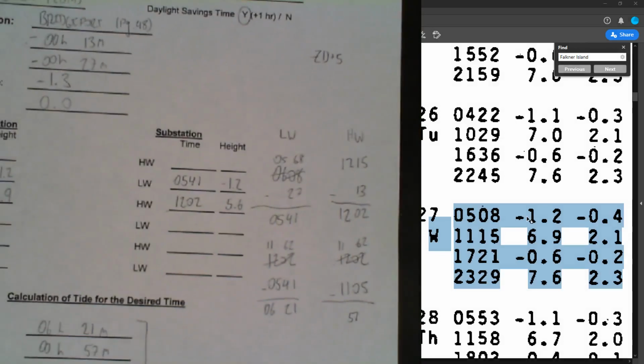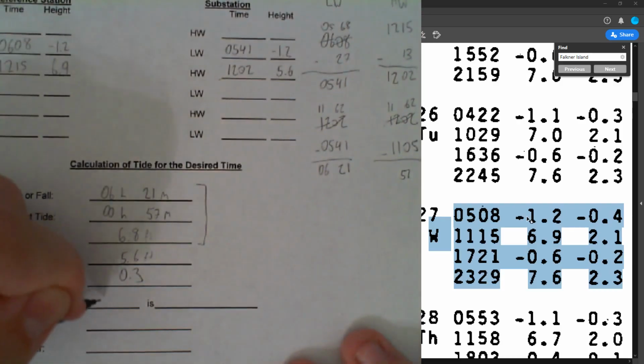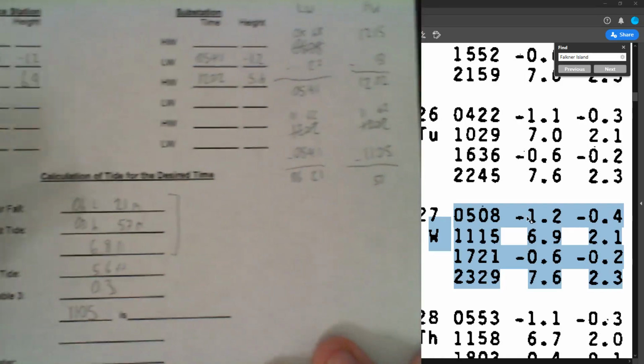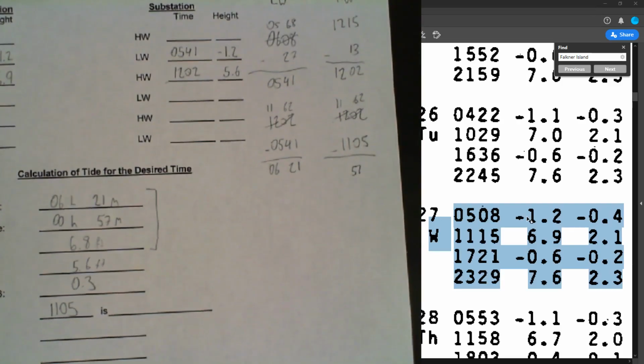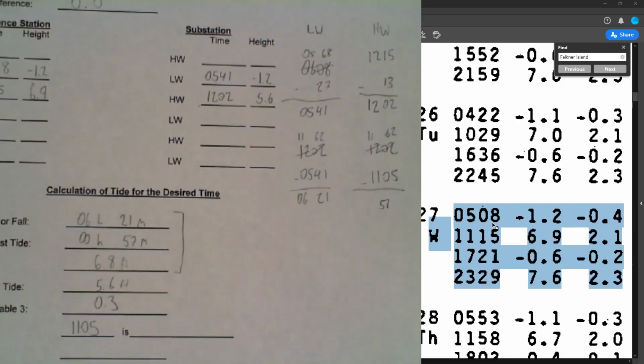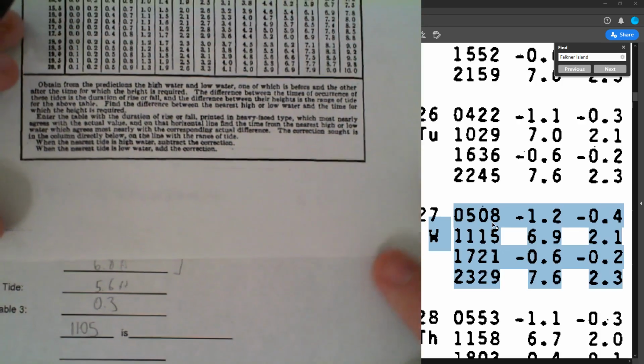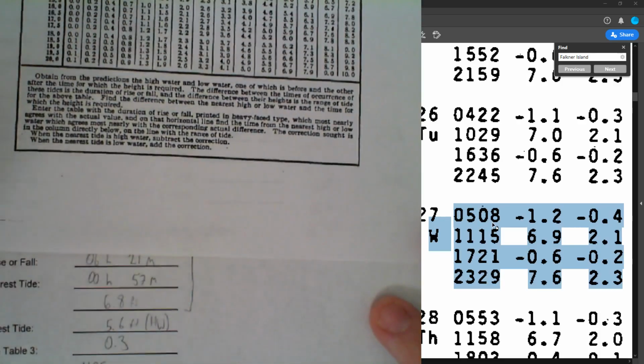So now that we have that, and our correctional factor is 0.3, the height of tide at 0500 is simply put our correctional factor with the nearest tide. But we need to know one more thing at the bottom of table 3. Right here in these bottom two sentences, it says when the nearest tide is high water, subtract the correction. When the nearest tide is low water, add the correction. Well, our nearest tide is high water,